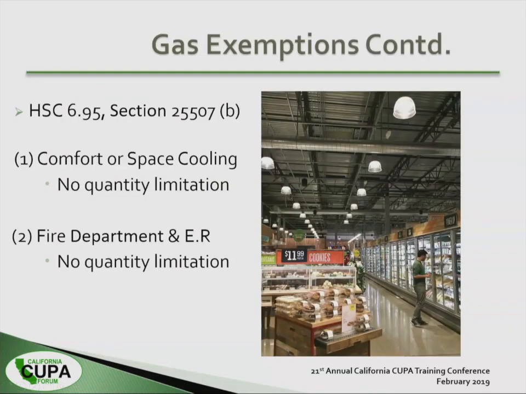Okay, so this picture provides a great segue to our talk about subsection B. This is a picture of my husband buying a drink at Whole Foods. So who can tell me what gases you see here and what's exempt and what's not? There are two gases, I'll give you a hint. One is in the refrigerated section, and one is up top. You see the piping on top, the HVAC unit. Which one's exempt and which one's not?